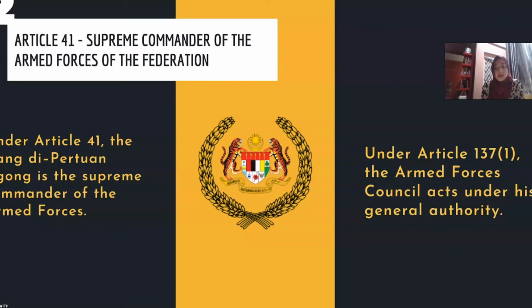His Majesty the King carries out his duty under the Constitution, under the advice of the Prime Minister and also the Cabinet. Meanwhile, the hereditary rulers are head of state of their own states and carry out their duties under the advice of the Menteri Besar. However, His Majesty is not bound to the duties and disciplines of the military. The Yang di-Pertuan Agong will appoint a Royal Armed Forces Council under Article 137 of the Constitution. That's why we call our armed forces the Royal Armed Forces, Tentera Diraja Malaysia, and the police is the Polis Diraja Malaysia. So under Article 41, we can see that the YDPA is the Supreme Commander of the Armed Forces of the Federation.